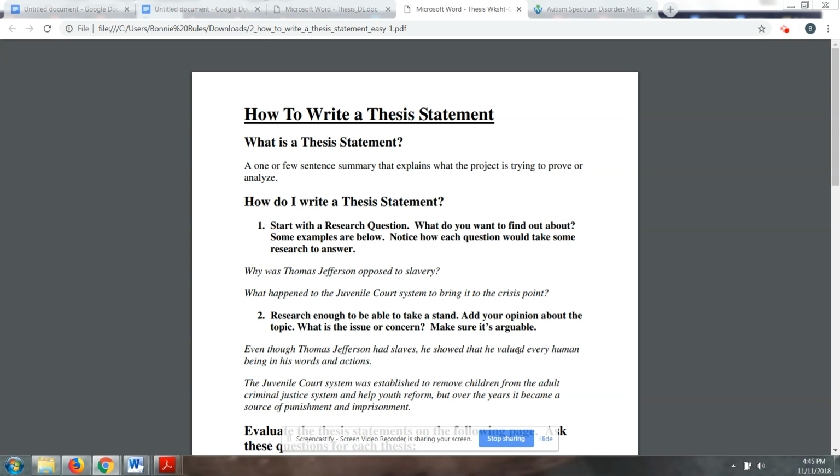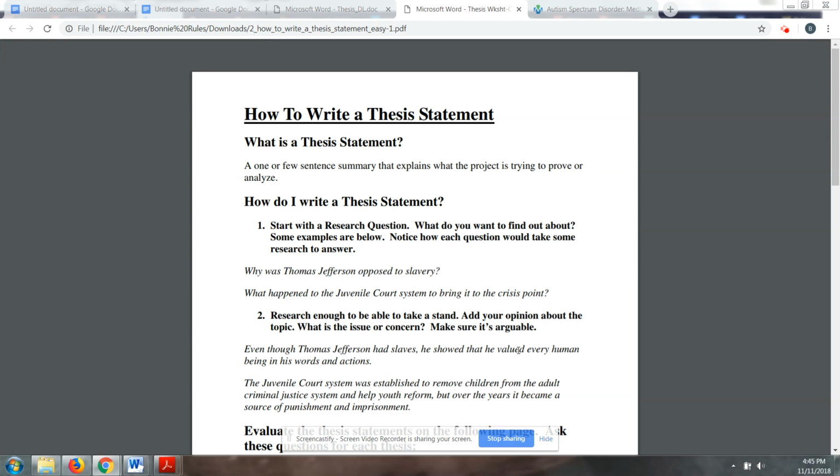So first things first, to start writing a thesis statement, I really recommend you start with a research question. Now, some of you have probably written essays in the past, and maybe some of you have wondered, did I do this? Am I done? Did I do a good job? One of the ways to help combat this feeling of uncertainty about whether you finished or not is to have a research question in mind first. That way you can see, did I answer this? Your thesis is meant to be your answer.